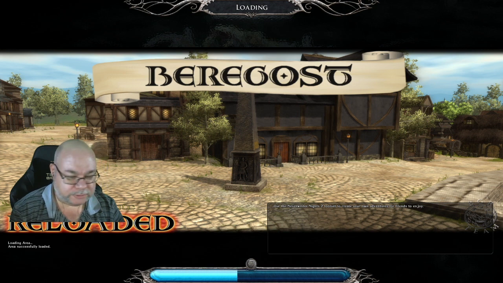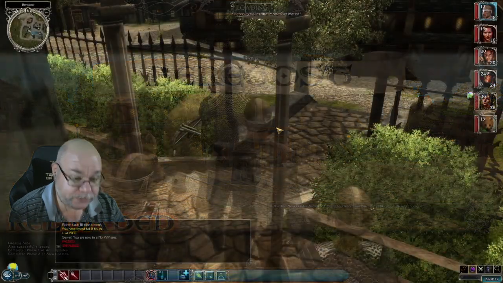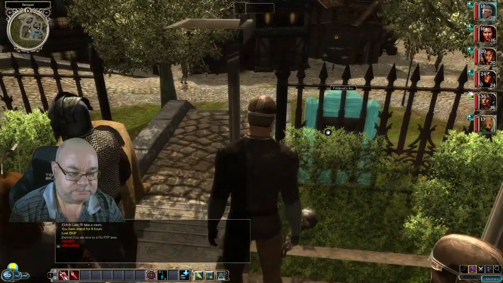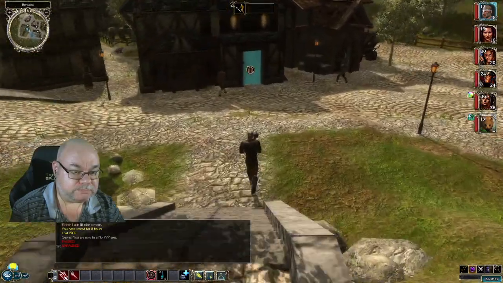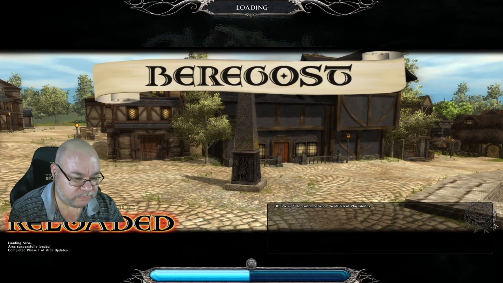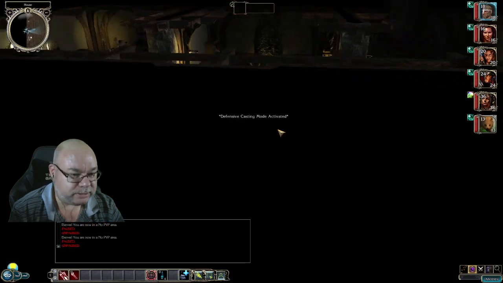Go back over to what's-his-face's house. Elven Beard or Elven Hair or Fire Beard, Fire Hair, whatever his name is. It's on the map, isn't it? Fire Beard Elven Hair. Over to his house. Give him the book. Get whatever he's going to give us. I don't remember what it is, but...